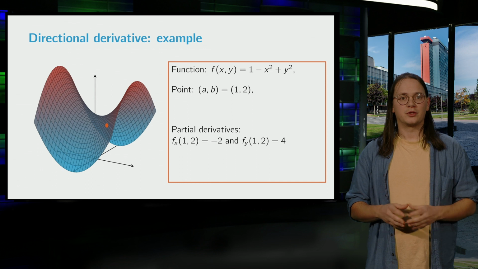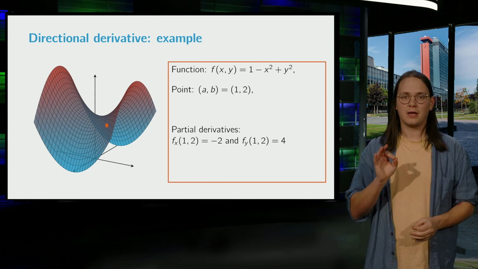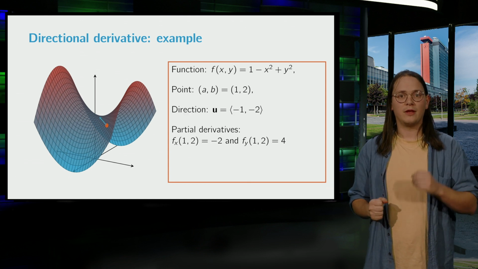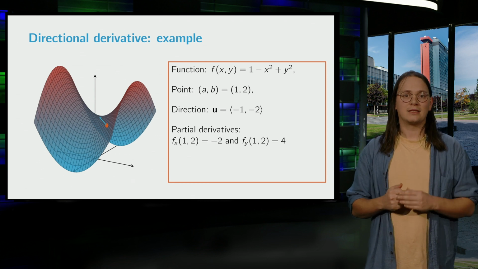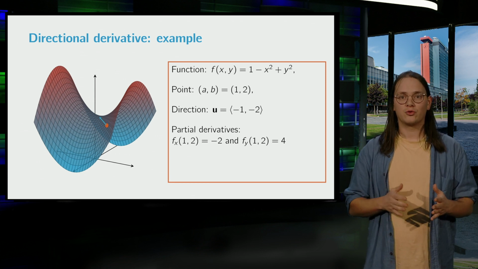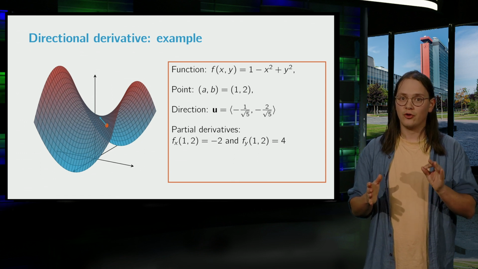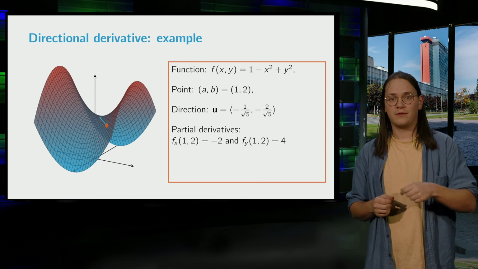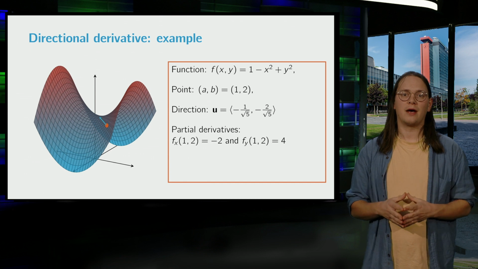Now let's consider the particular point (1, 2), and consider the partial derivatives at that point. What is the slope in that point in the direction of the indicated vector u, which points to the z-axis along the line where y equals twice x? Of course, we should be careful to consider the normalized vector in that direction, obtained by dividing the previous vector (-1, -2) by its length, which was square root of 5.